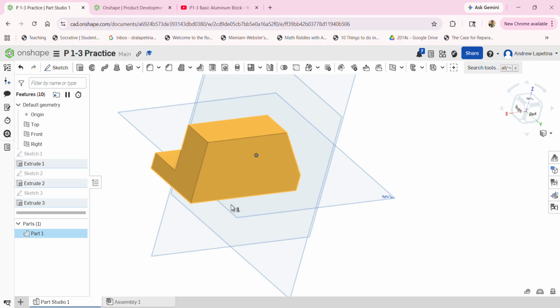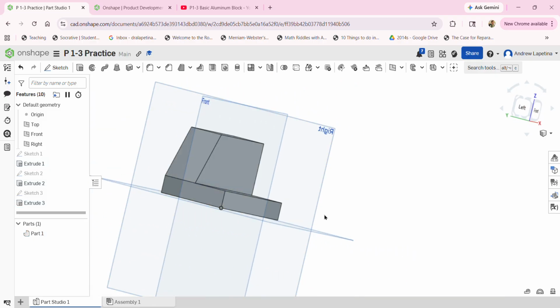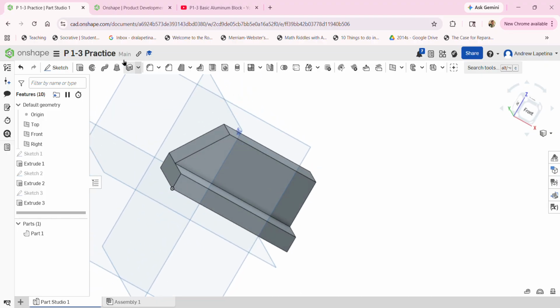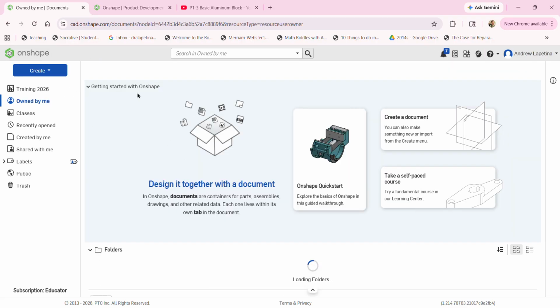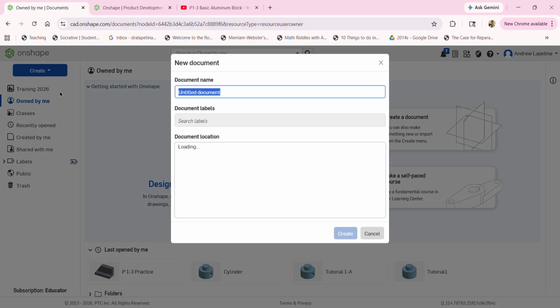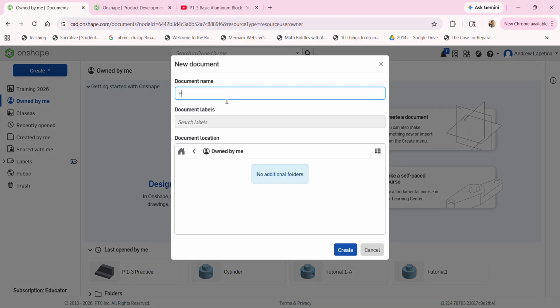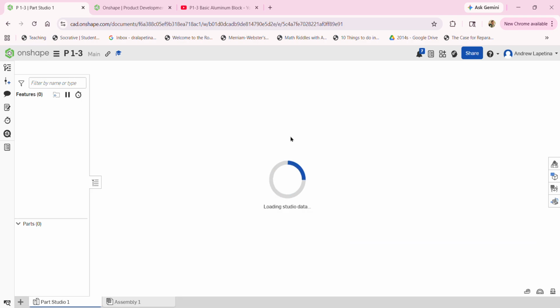In this example, we are going to do P13, and you're going to build this object out of aluminum. To get started, we'll start from this page and create a make document. We'll call this P13. You're going to want to add your last name to it too, just to make sure you know it's your